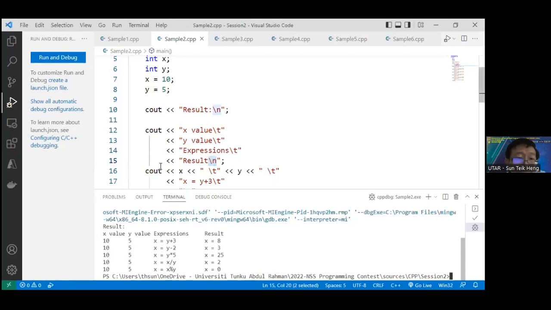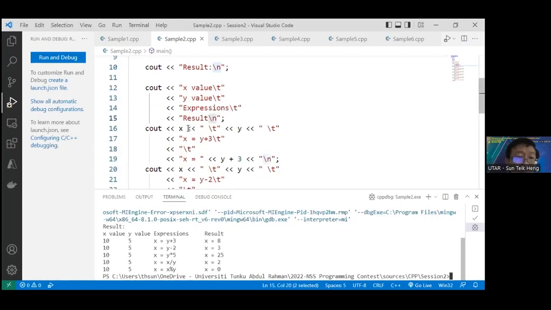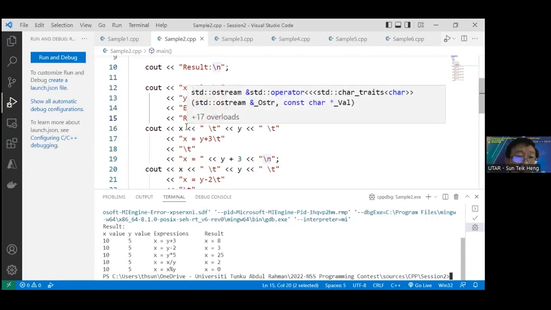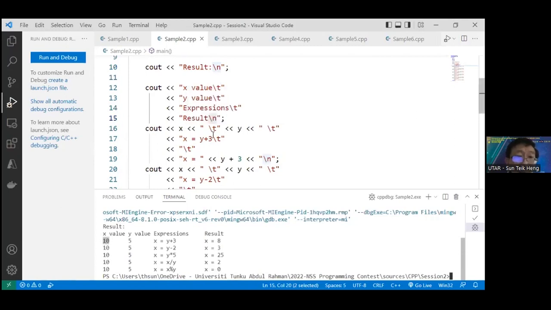In the next line, you use cout to display the value from the variable x, which is 10. And then you display a tab spacing, and then the value from the variable y. And then you display a tab spacing, and then you display x equal to y plus 3. And after that, you display a tab spacing, and then after that, you display